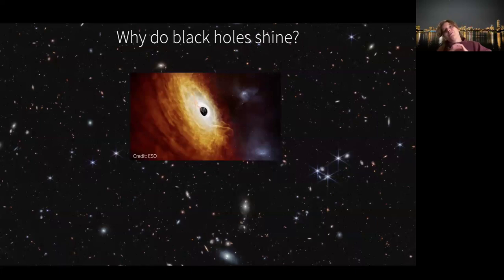And from within that, we can't study anything because we don't have access to that light. But if we place this kind of object, this black hole, in the center of a galaxy when there's a lot of dust, a lot of gas around, a lot of plasma, the material around the black hole, as it's consumed by the black hole, it is actually the material in its immediate vicinity that is shining. It's not the actual black hole that's shining, but it's everything that the black hole is consuming that is emitting the radiation that we can observe.